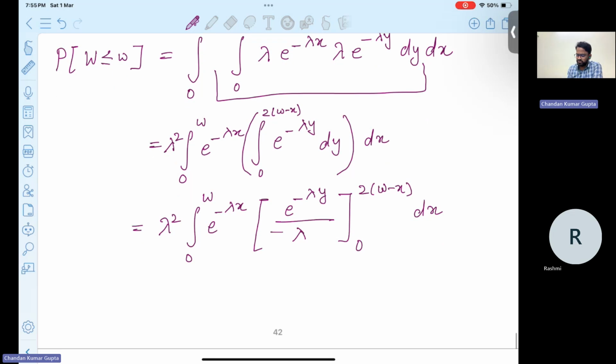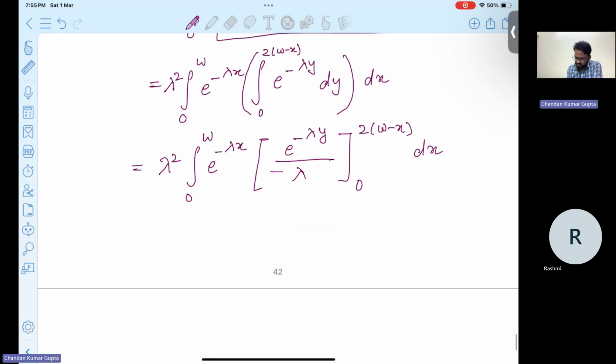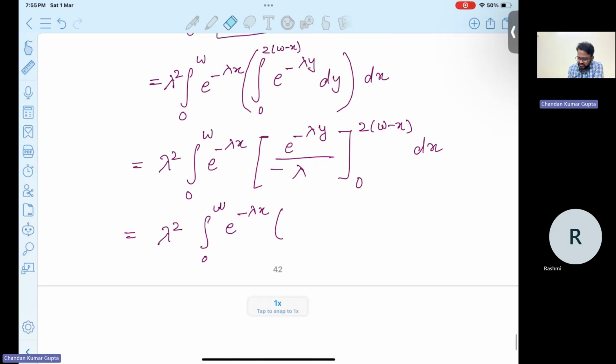Okay, now we need to simplify this actually. Okay, so let me simplify this. It's lambda square, integral over this e to the power minus lambda x, and then put the value 0 because minus is there. So we have considered 0, then it comes out to be actually lambda may be cancelled out, if you can see,